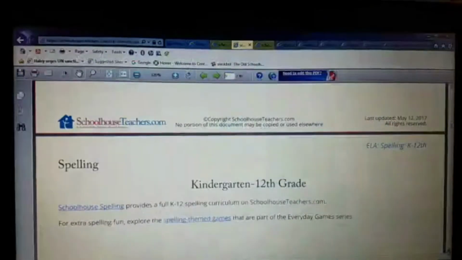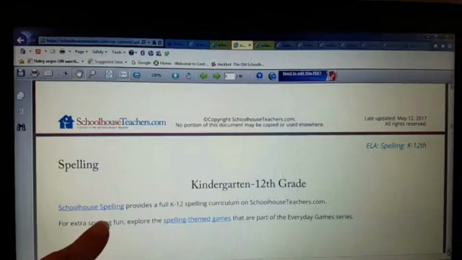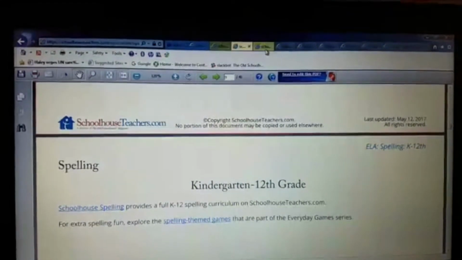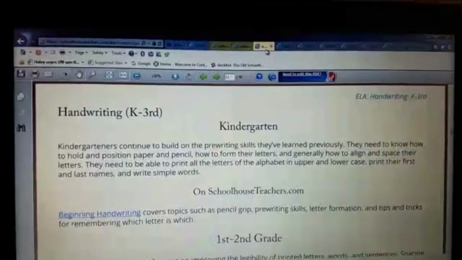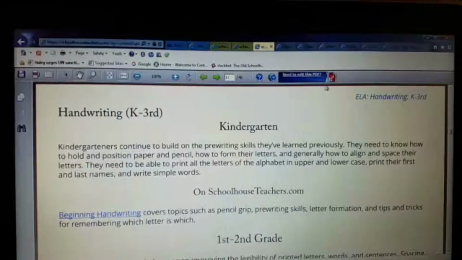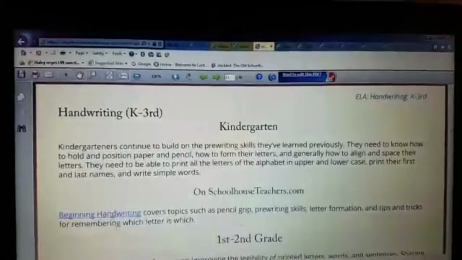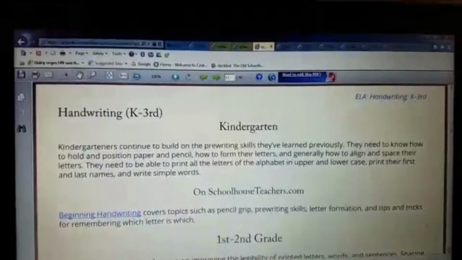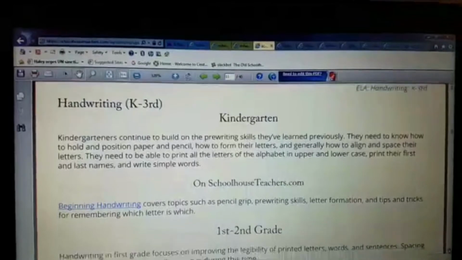But it also is going to list spelling, and Schoolhouse Spelling is a great resource. We have a full K through 12 spelling curriculum for that. And I know I've showed you some of the high school classes, but that is an excellent class. All of them are. Now, the next thing on our list is handwriting. So it says you can do beginning handwriting, which talks about how to have a pencil grip and pre-writing skills. But if you want to go a little further,